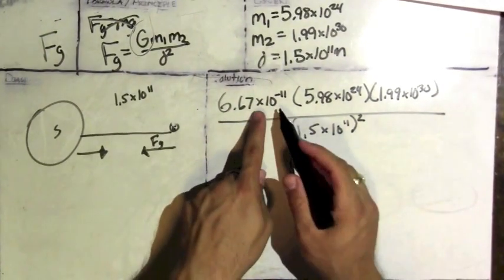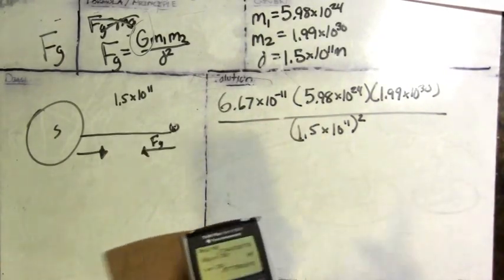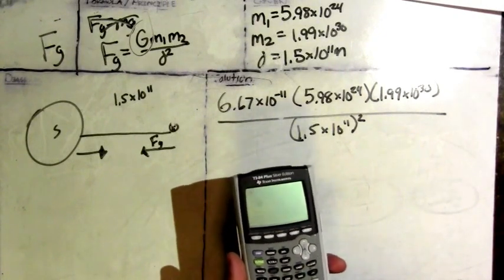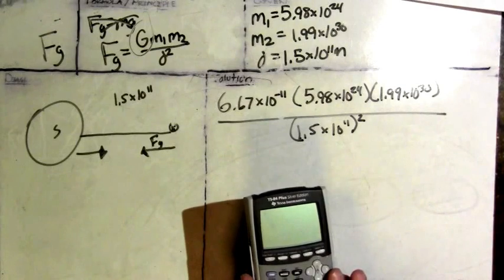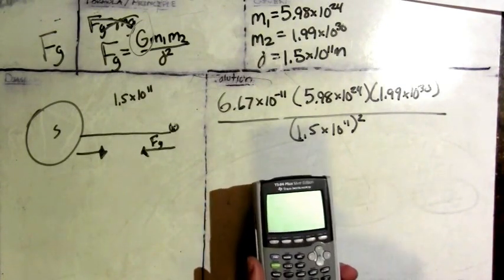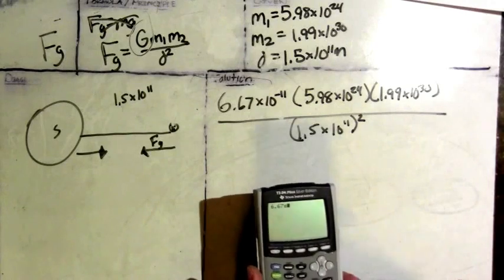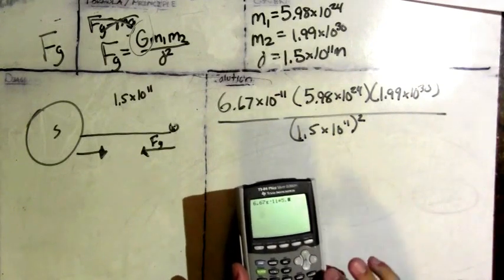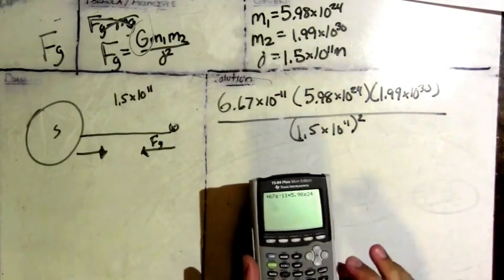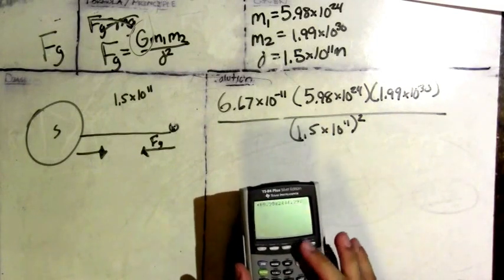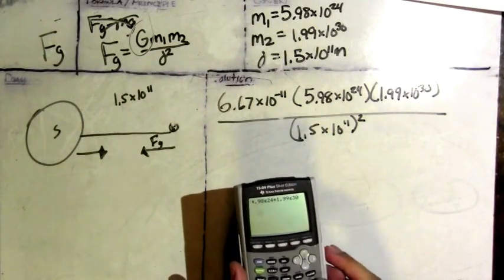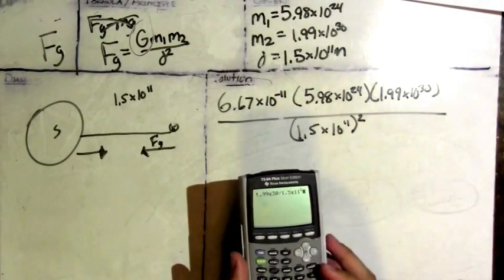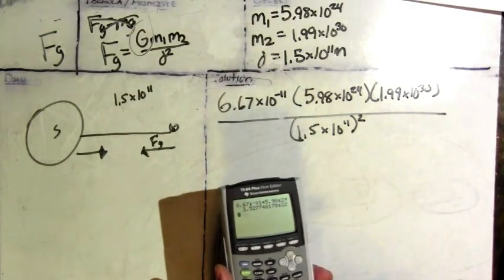Now, because people see times 10, they automatically try to do that in the calculator. Please don't do that. What you want to do is use the exponent button, which on the TI graphing calculator is the double E button, just above the 7. So I would enter 6.67 E negative 11, times 5.98 E24, times 1.99 E30, and now I can take that whole thing and divide it by 1.5 E11 squared. When you do that, you get a value of